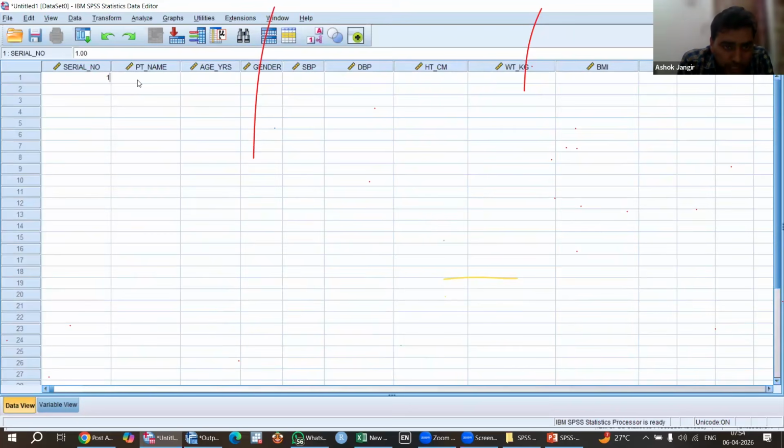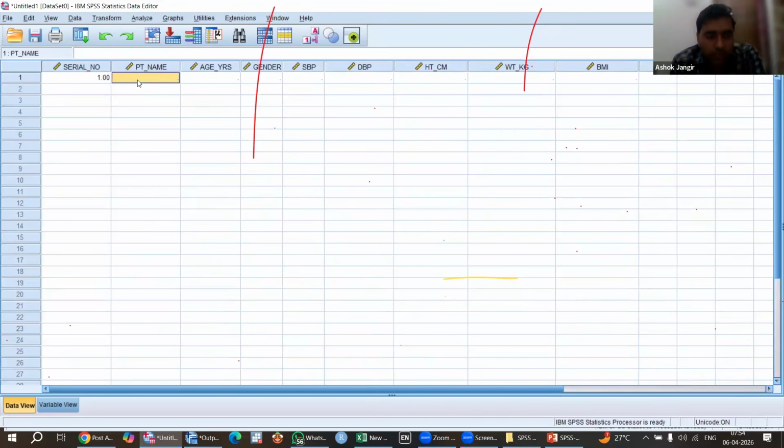Then name of the patient, please see this. I have clicked this one. So you can see here 1 is highlighted. If it is not highlighted, 2. So when I click here 2, you can see it is highlighted according to this. Please see this. If I want to enter the name of the patient here, for example,